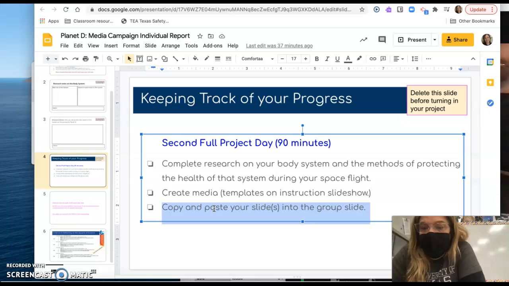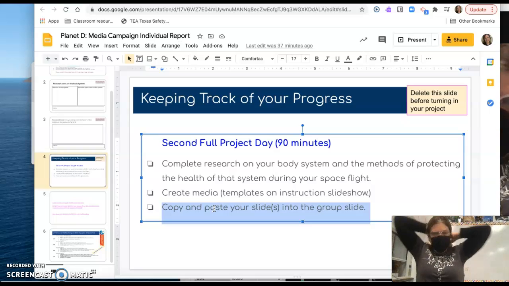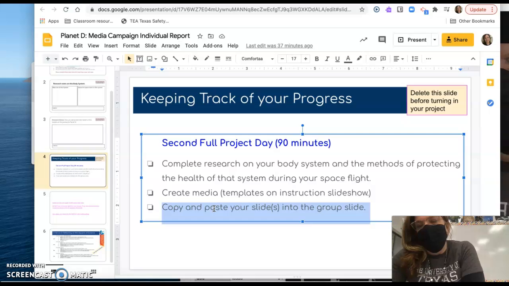Oh, I almost forgot to tell you. We're going to have the juniors and the seniors take a look at your slideshows after break because they are kind of like the target audience, right? So maybe after they graduate, they'll want to come with you to Planet Z if you convince them that their bones aren't going to fall apart, that their muscles aren't going to deteriorate, and their heart is not going to just turn into a sphere and not work properly. Okay, so you've got to do your convincing and have fun.